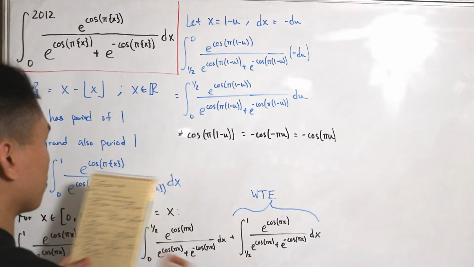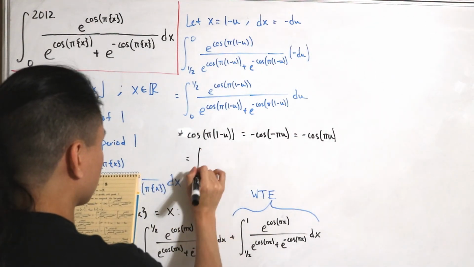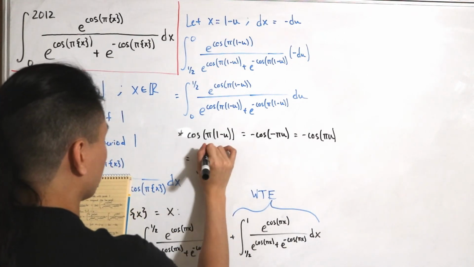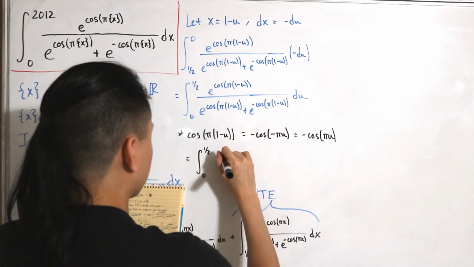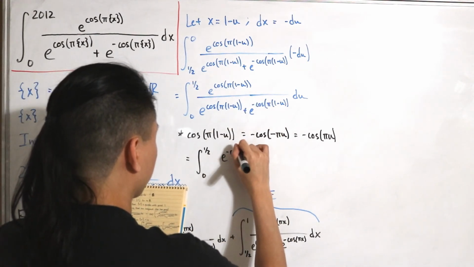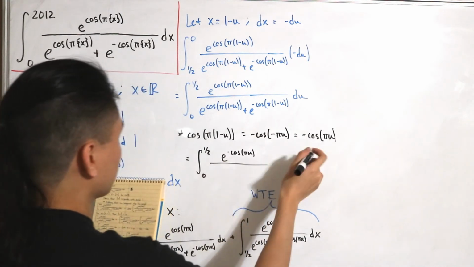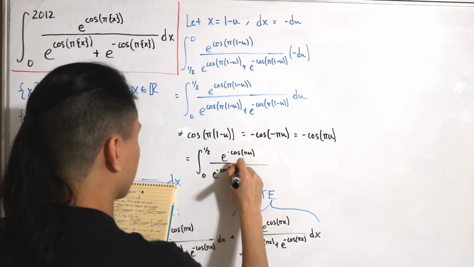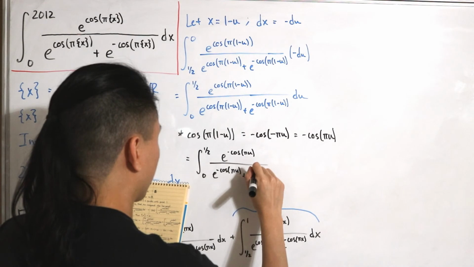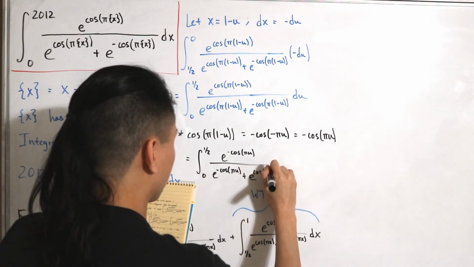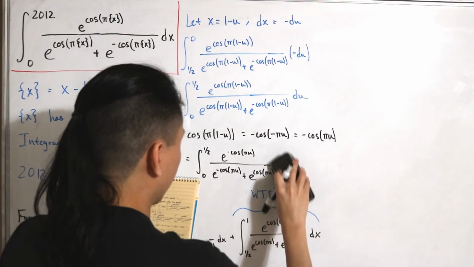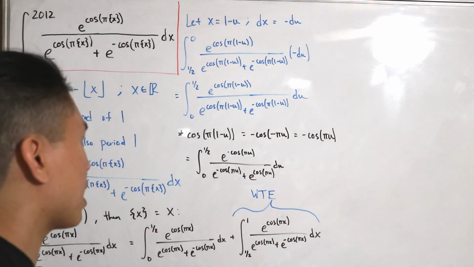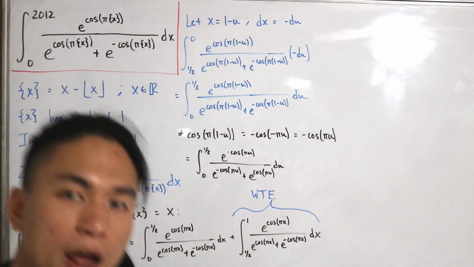Okay, and from here we have a newly rewritten integral. So we have from 0 to 1/2 again, and now we're left with e to the negative cosine of pi times u, in the numerator, added with e to the positive cosine of pi times u, and then du. And that's what this comes down to over here. What we can do now is notice that they share the same bounds, and then we can apply some